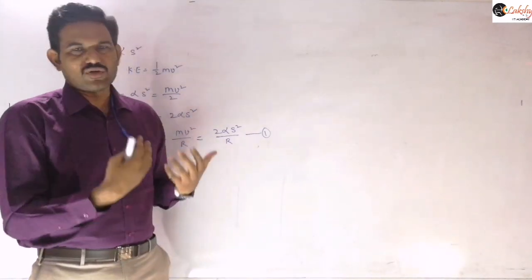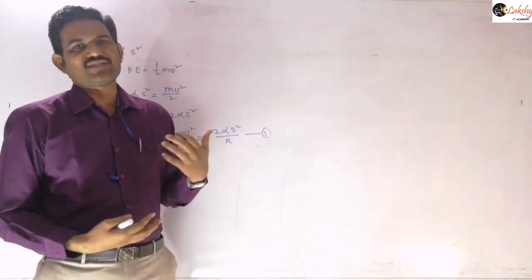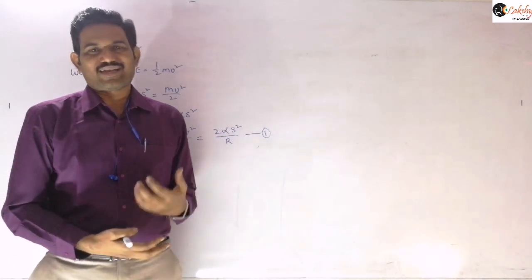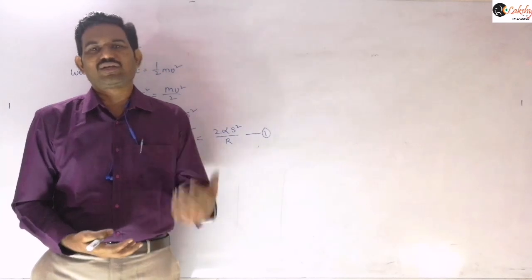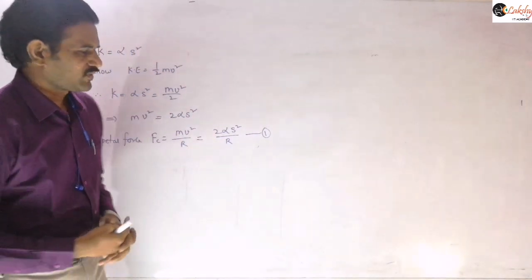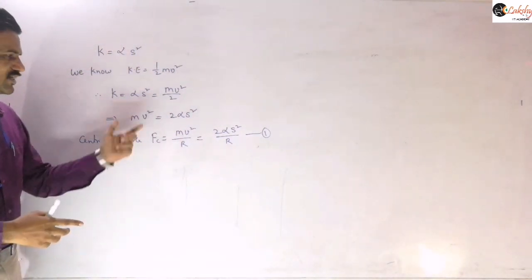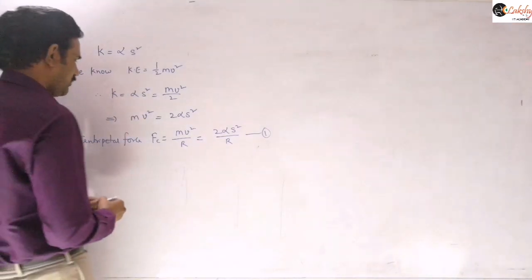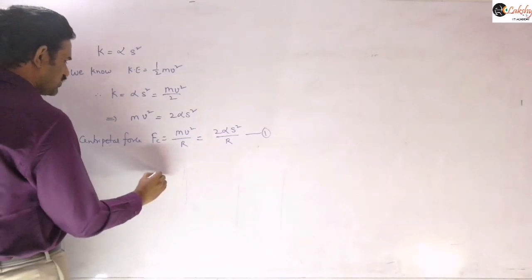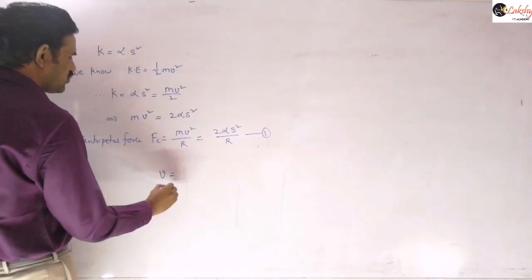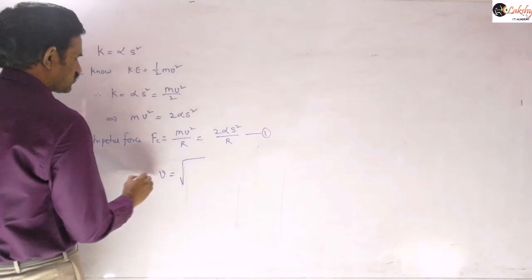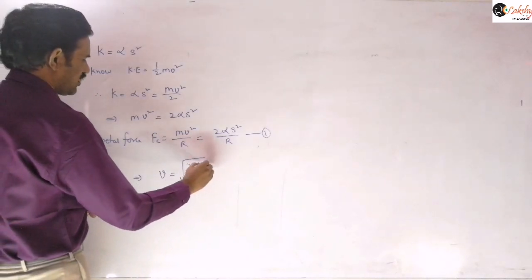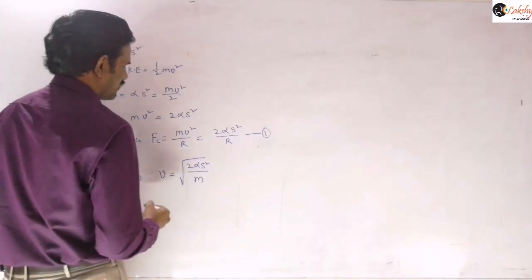And we also don't know whether tangential force is there or not, right? So now we need to decide whether the tangential acceleration is there or not. So from that we can calculate the tangential force, if any. And so to find the tangential acceleration, from this expression you can calculate the speed of the particle. And therefore from this, v is equal to, I am writing the speed of the particle here. I can write this as 2 alpha into s square by m.